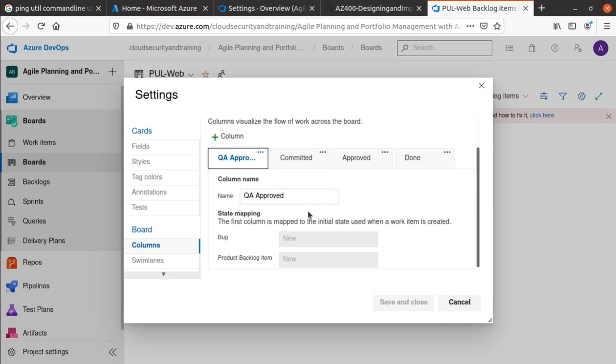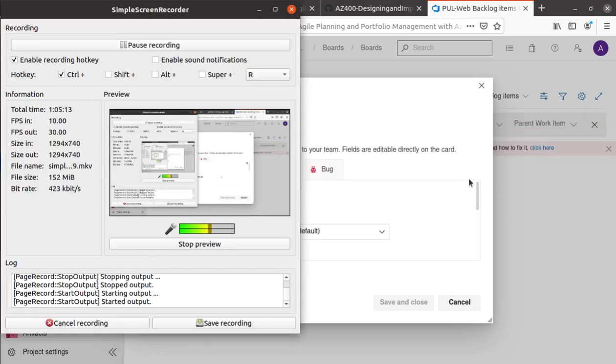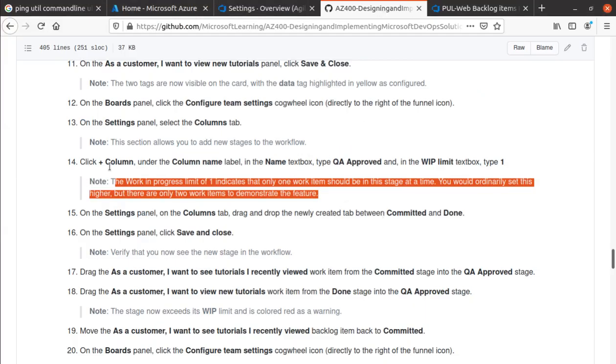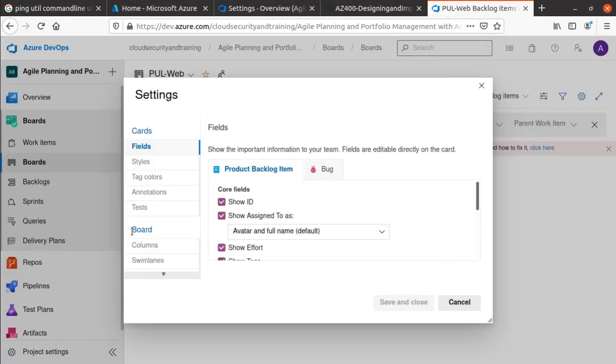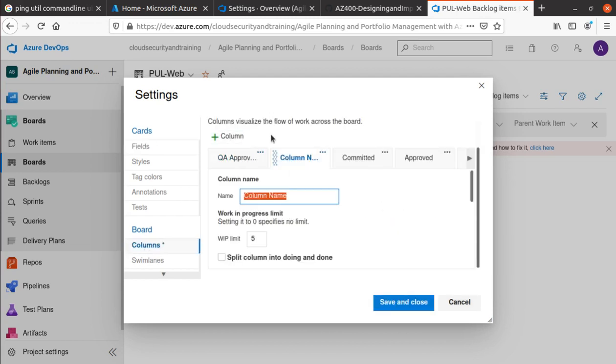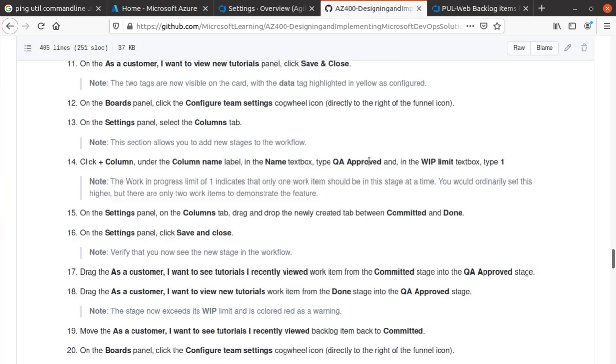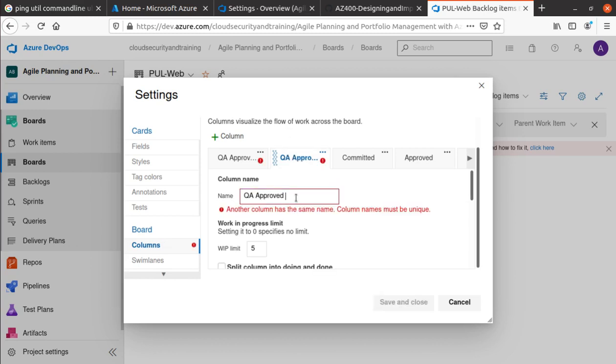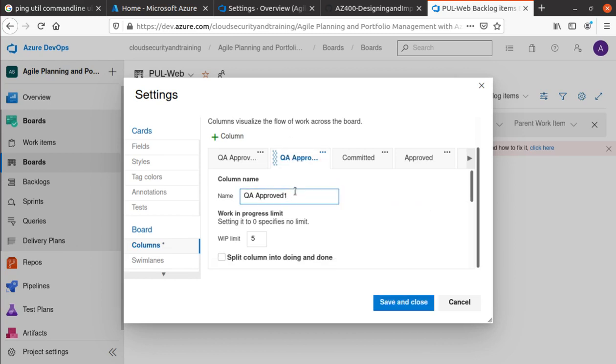Okay, let me redo this section for just a second. Alright, so what I really want to do is come over here, go to the column one more time. So we're just gonna go back to columns, and in here they really wanted to create a new column. Okay, and the column name is QA approved, so this is what they wanted us to do. And in this one, just the QA approved 0, maybe 0, because I already created one by mistake in the last one. And here WIP limit, they ask us to set to 1, and then